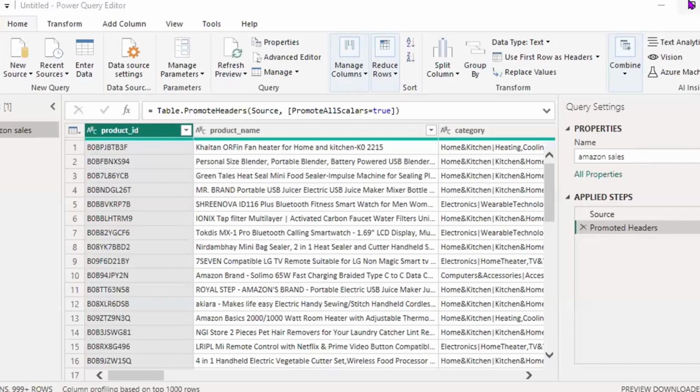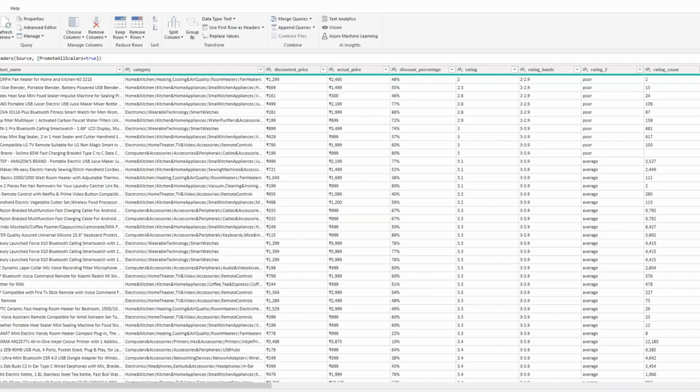So we're back here. This is our Power Query. The first thing we're going to do here is we've promoted the headers. Now we're going to look at each of the columns. Now, you have your column name and then you have your data type. If you're looking at this screen, you can see close to the column header a little icon there. That's showing you your data type. Your data type could be text, it could be number, it could be fixed decimal, it could be date. There are so many data types. So if you click on it,